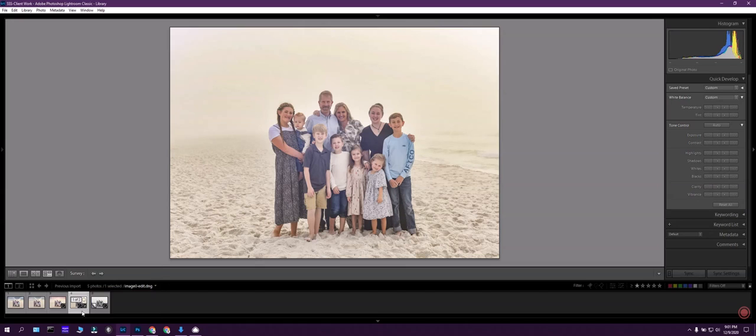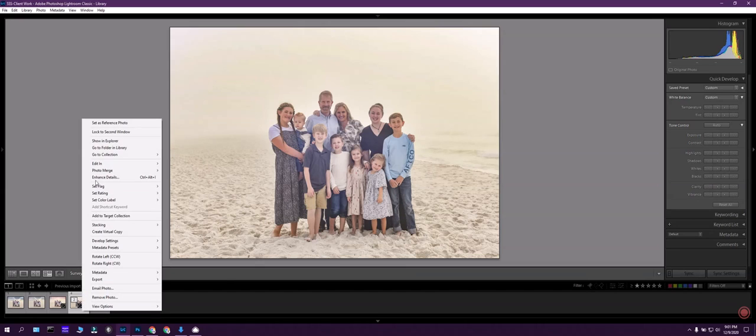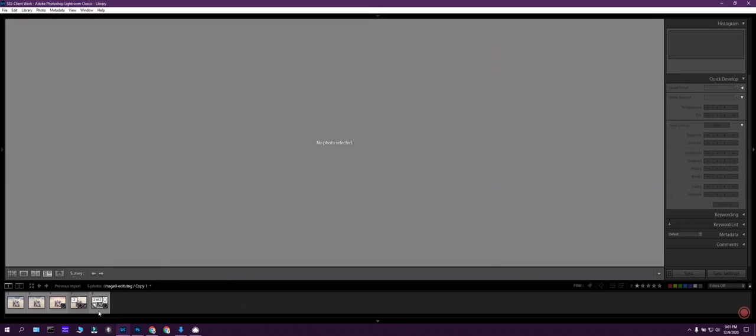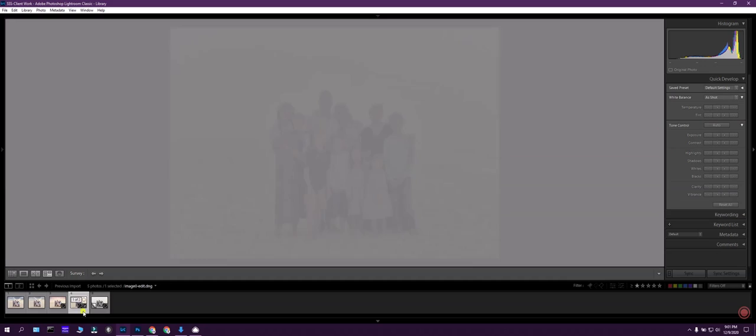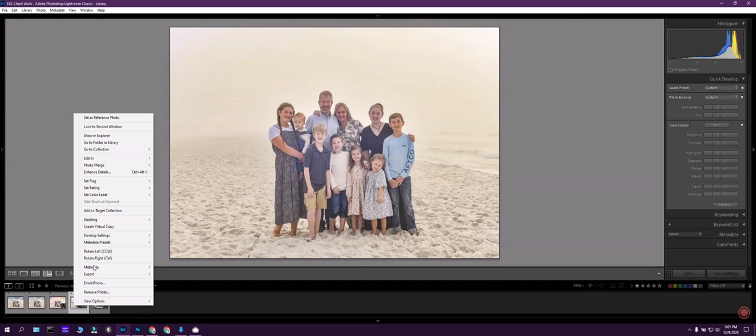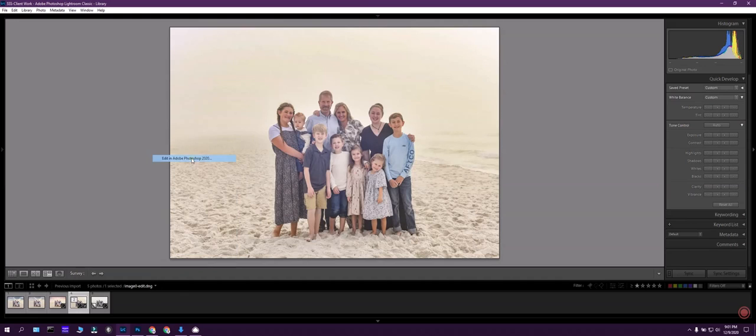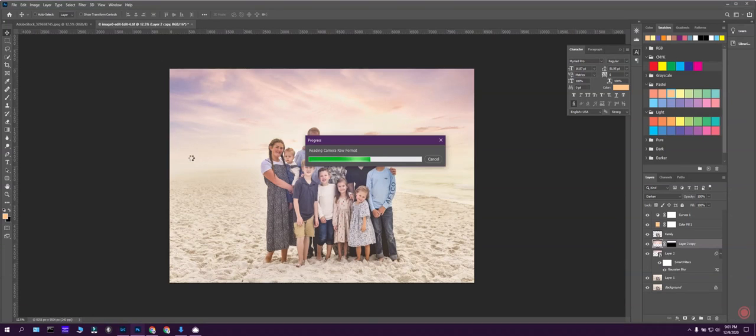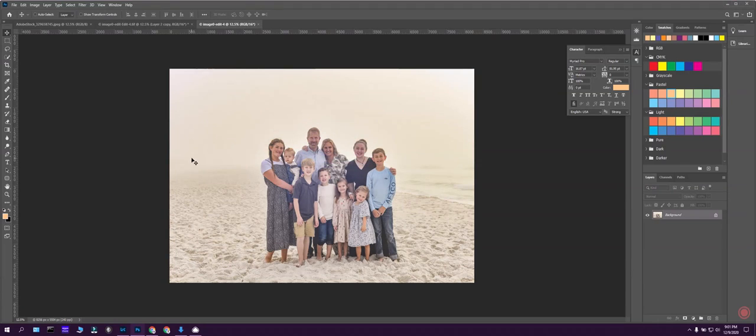So here I'm going to say, and this is the one with the Lightroom adjustments. This is the original. This is with the Lightroom adjustments. And so I'm going to click here. I'm going to say edit in Adobe Photoshop. And here it comes, and there it is. And it usually asks with or without